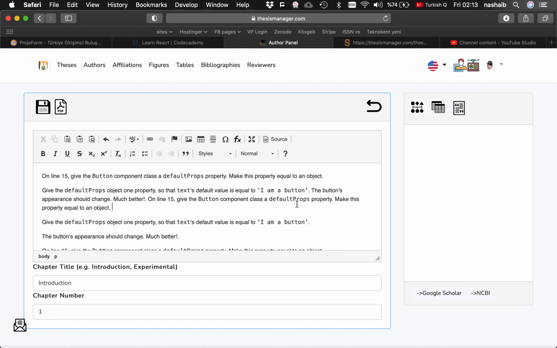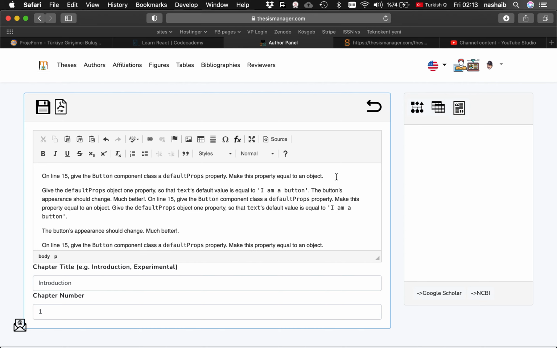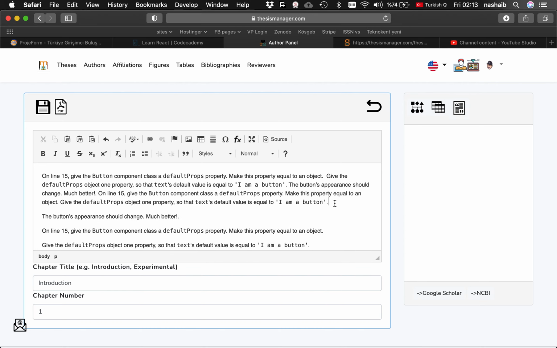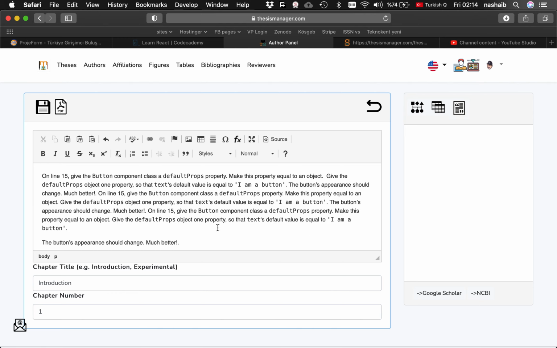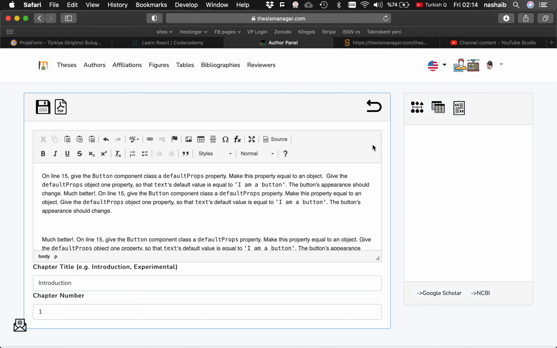Let's make this text a bit proper so that it can look nice. Okay, this is enough. Let me save it, and then I will add one image at this point. Let's say here we need an image, a figure. Okay, so I will save it, and